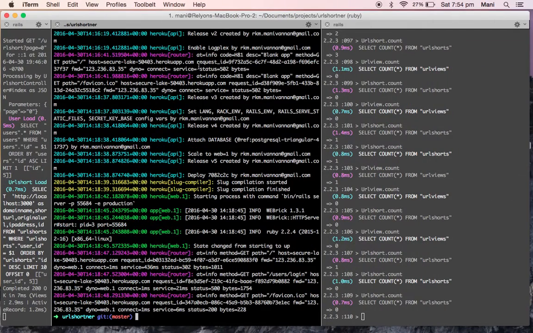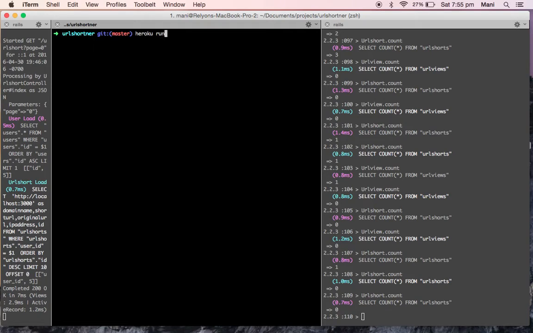So everything is fine, but the database is not attached. We need to do our database migration. That's why it is producing an error message. For that, what we need to do is heroku run rake db:migrate. So now we need to migrate for our Heroku project because we need to create a database and we need to create a table. Without a database, our project will not work. That's why it produced an error message. So now we are doing a migration.